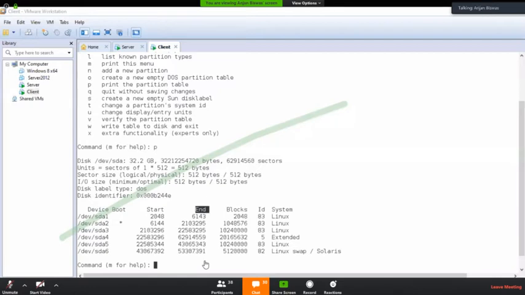If it is no, then tell me how many different types of partitions you can create in your hard disk. Yeah, what are they?